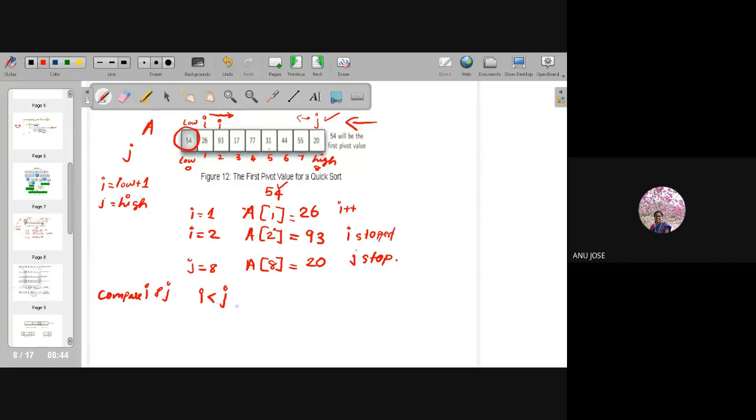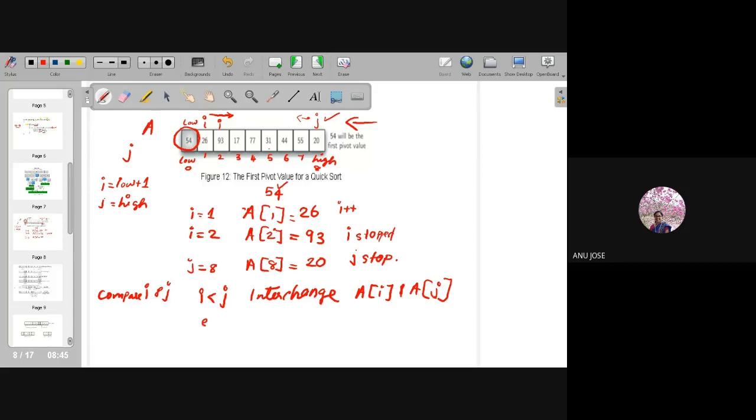If the i value is lesser than j, you have to interchange A of i and A of j.